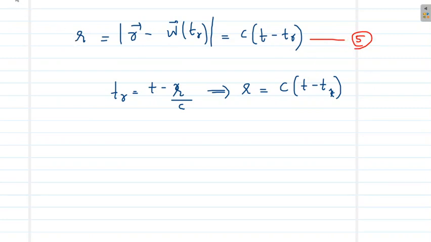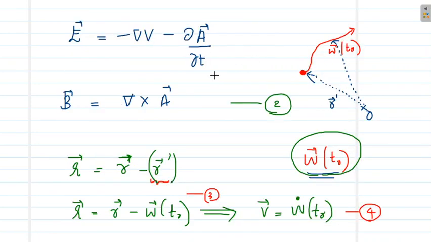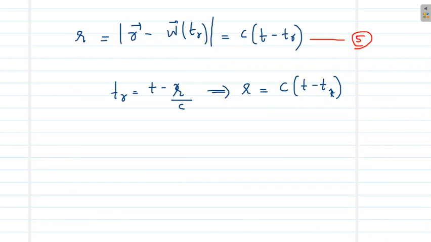Now let us proceed with our derivation for the electric field of a moving point charge. The concept is very simple. We are just substituting the Liénard-Wiechert potentials into the standard equation of electric field given by equation 2a, and we will finally find the electric field. That's all we are doing.